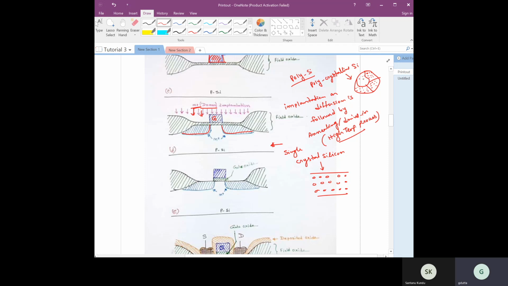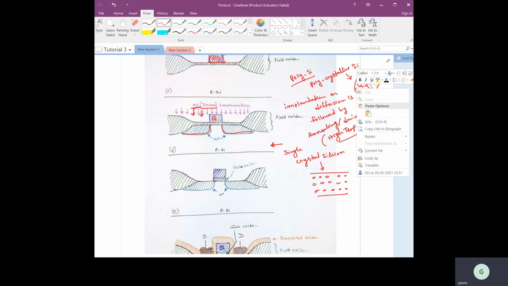I hope you understand my point, right? If you consider this region, it is crystalline, this next region is also crystalline, this region is also crystalline, but not throughout. If you consider the whole as a region, the orientations are different, right? But within these regions, which are separated by the grain boundaries, it is perfectly crystalline. So that is the difference between polycrystalline and crystalline silicon.